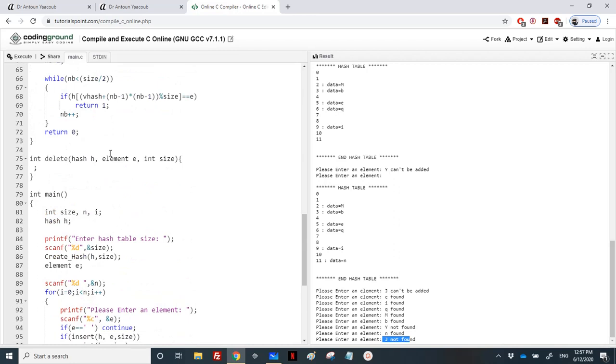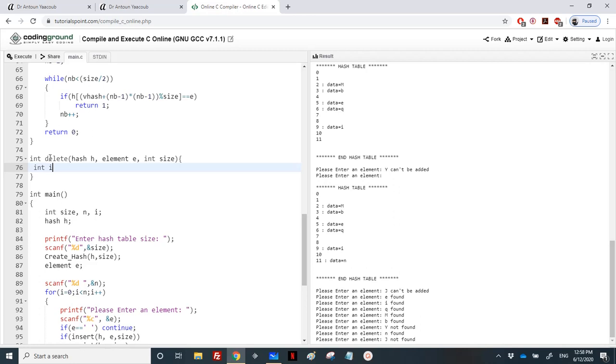So again, we have this number of steps that we need to keep count of, and whenever I find the element e, I need to shift all its remaining elements. So I need to loop again. I need to continue the number of iterations, m over 2, the size over 2 times, and check if there are some elements that have the same hashing value, and I need to reallocate them into the original place. So for that, I'll be using int I. So I for the